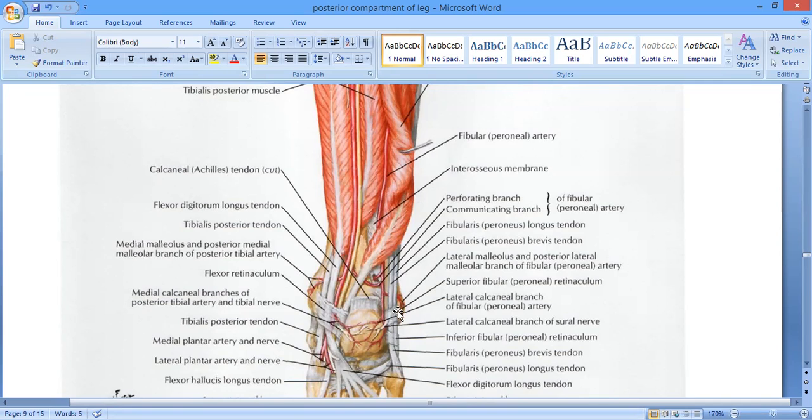Okay, we again come to the branches of the posterior tibial artery. So in the posterior tibial artery, which branch did we study first, ji? That is a circumflex fibular branch, number 1. Number 2, we have talked about the peroneal artery already. Okay, ji? After that